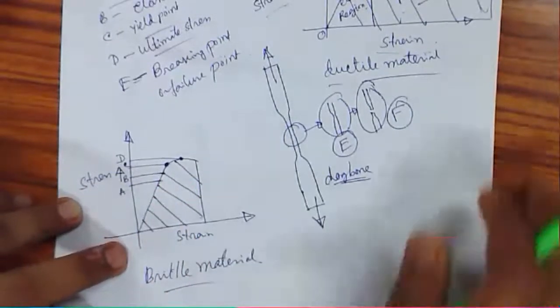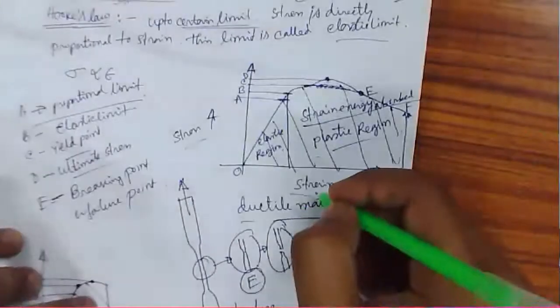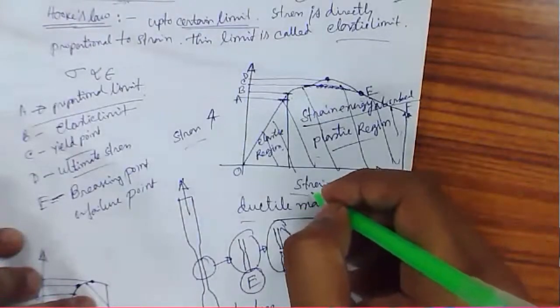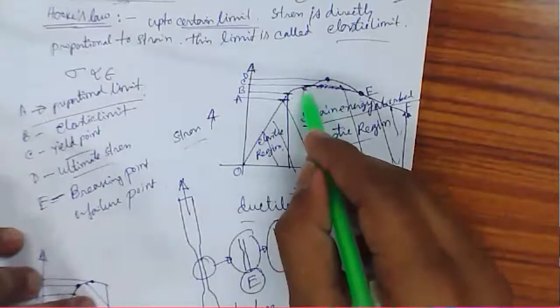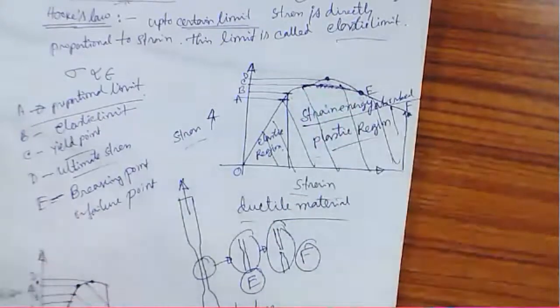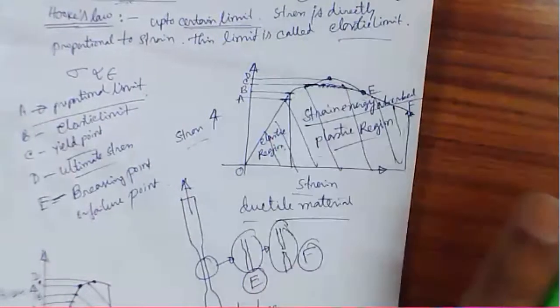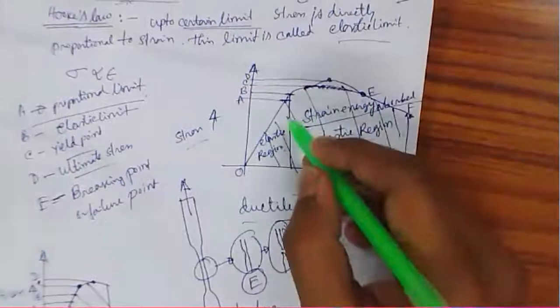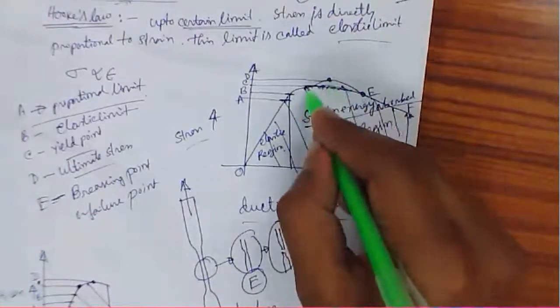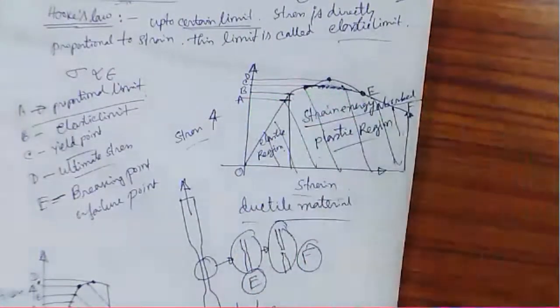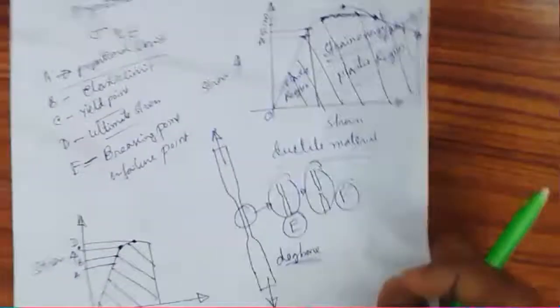Now, in case of ductile material, we can use the material up to this yield point. We can load the material up to the yield point, not beyond that. That will be very, very risky. We load it up to this point C, or yield point. In case of brittle material,